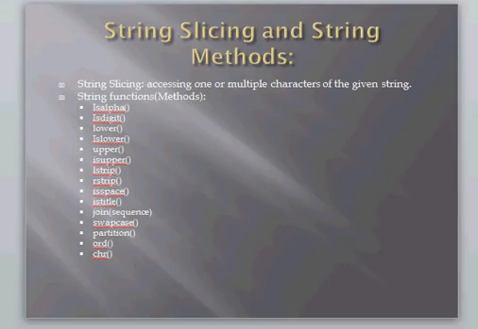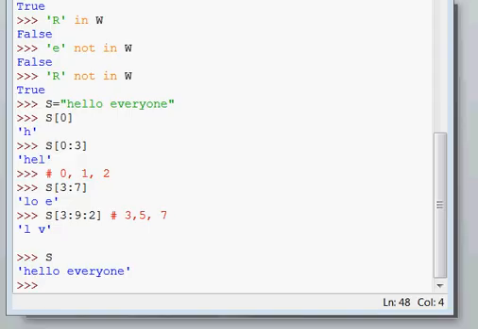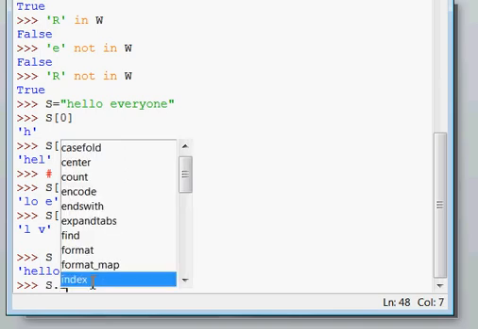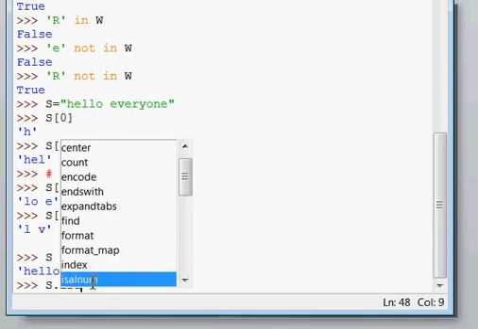Next are some string functions or string methods that we can use over a string. First is isalpha. Using isalpha, I will write here S. S is having value hello everyone. So I will use isalpha with S by saying S.isalpha.